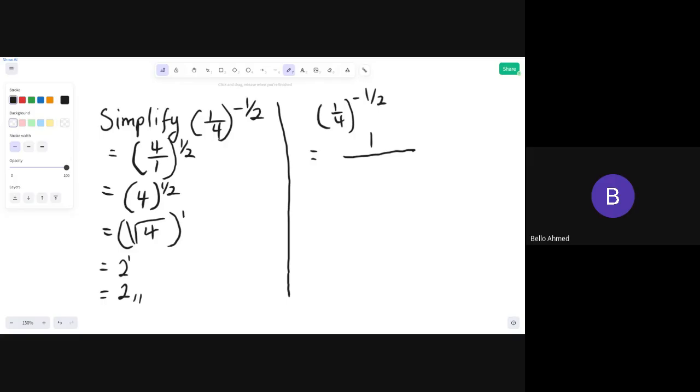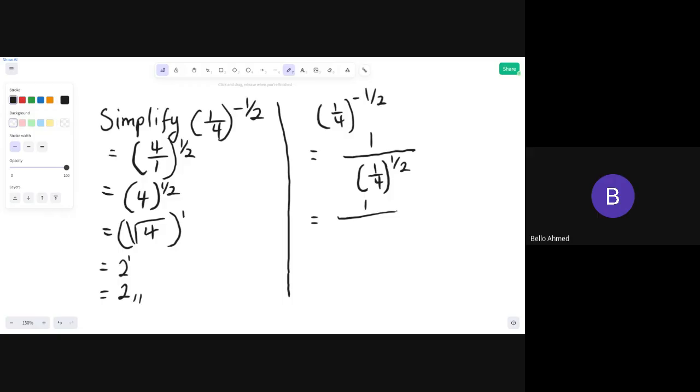So this is going to be open brackets 1 over 4. Then I'm going to have 1 over 2 here like this. So meaning I'm trying to rewrite everything without the minus, because I have used the minus to rewrite 1 over, because in indices, minus means 1 over. So I'm going to say is equals to 1 over. Then what is going to happen now is that